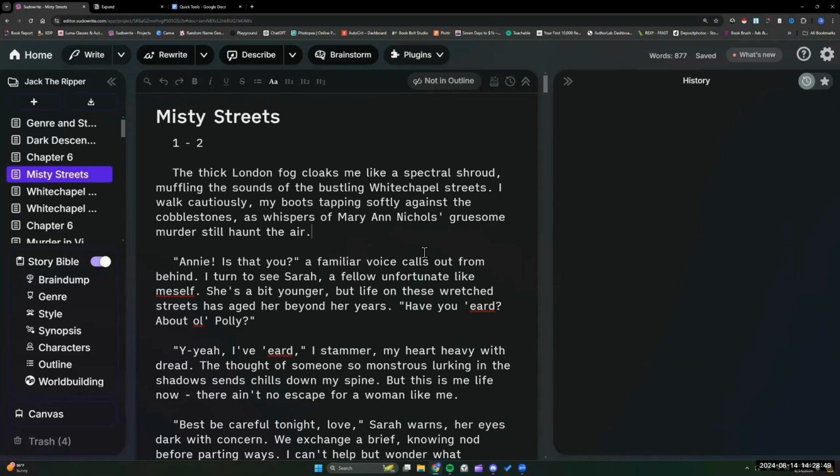Now, if a community member or Sudowrite user has a question, what is the best way for them to reach out? Is it on Discord, or what if they're not a Discord user? What is the best way for them to reach out to Sudowrite? Yeah, it's a great question. Yes, to address your point, we do have a pretty active Discord, but not everybody is on Discord. It is very easy to get in touch with us. You can always email